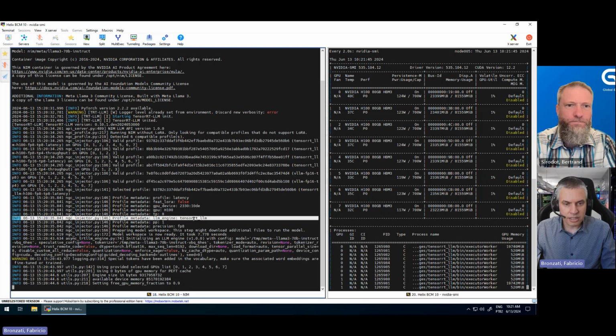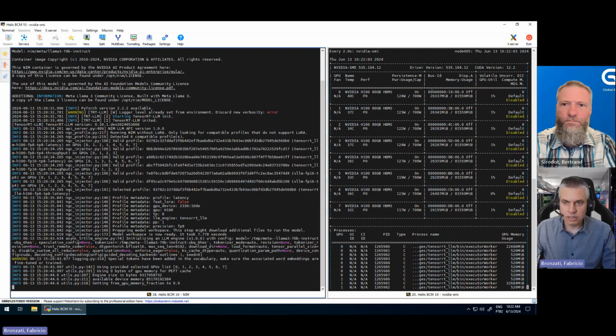The engine it uses is TensorRT-LLM. We also have vLLM available if needed, and FP8, floating point 8, for the precision. As you can see, the memory has started loading with the model, and in just a couple of minutes, it will be ready to submit inferences.